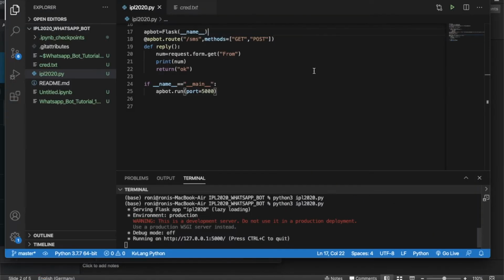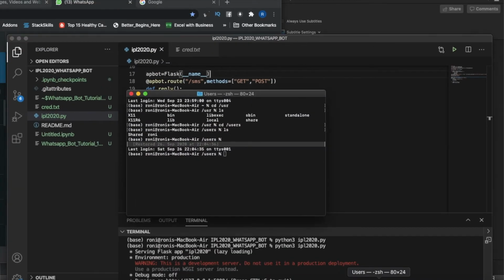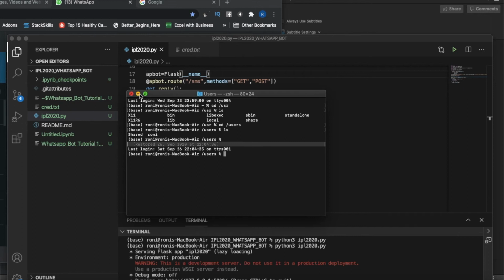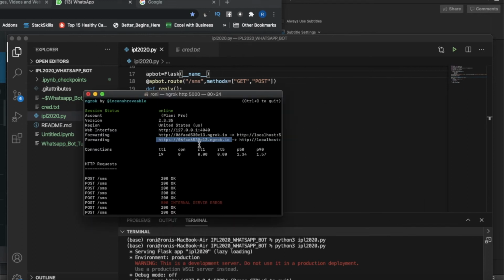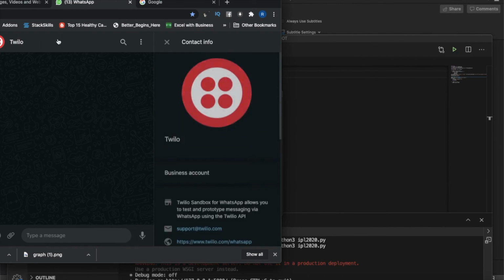No, this is not the one, this is also not the one. Okay, so 1.3 is this one. If you see, I have already given the same thing in the Twilio console. So let's run something and we'll see.